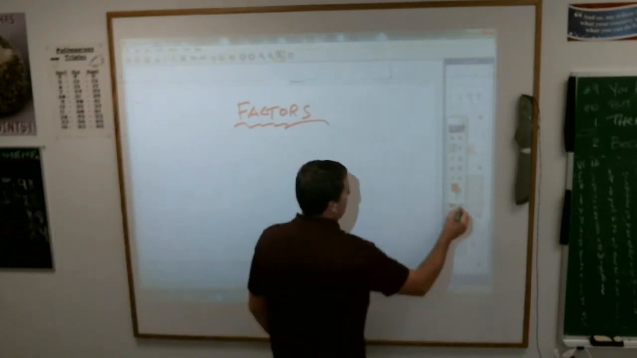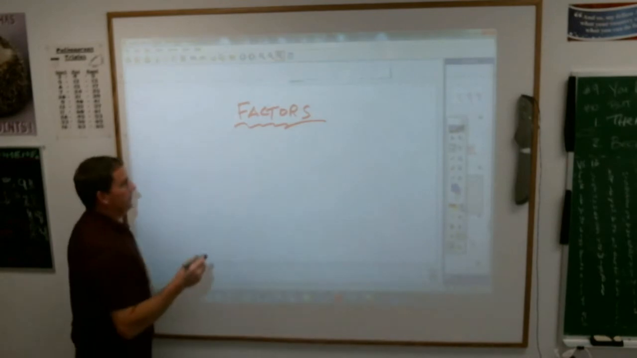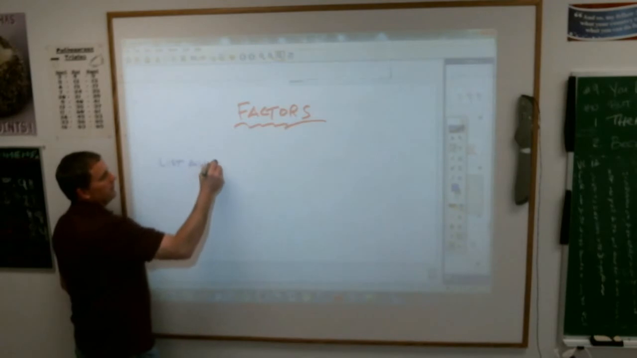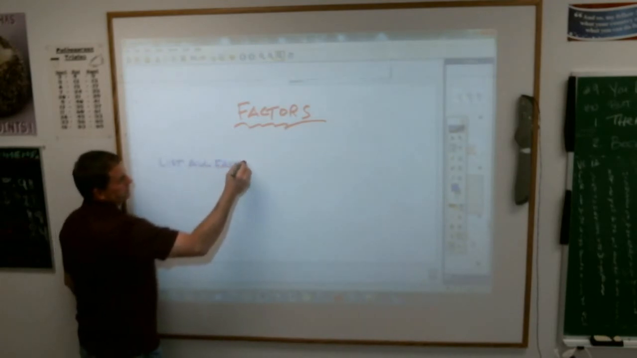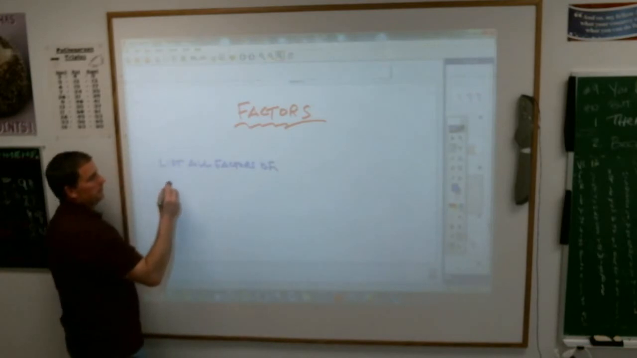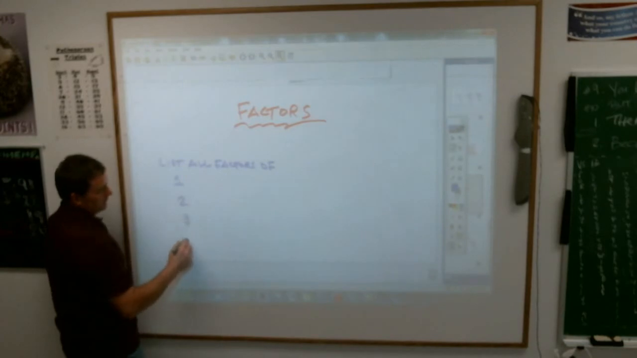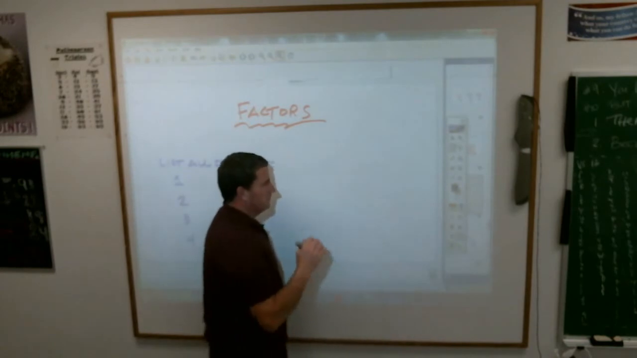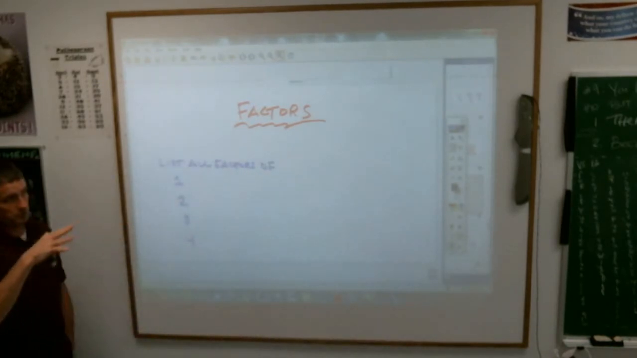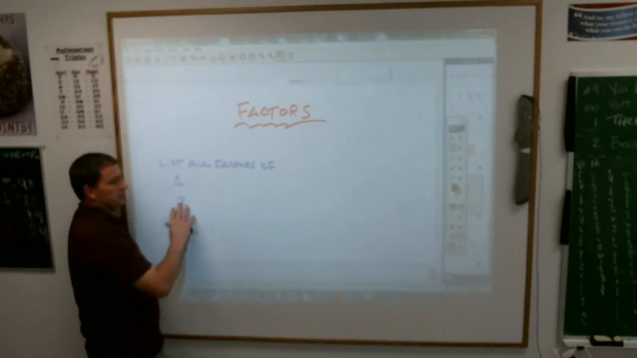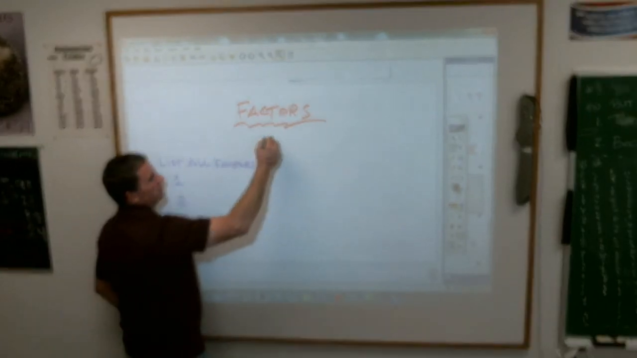Okay, factors. When we talk about factors, let me give you the example here. List all factors of, let's just put down a couple here, 1, and then 2, 3, and then 4. If we're talking about factors, in math the word factors means two things multiplied together. So if you're asked to list all factors of these numbers here, you want to know what